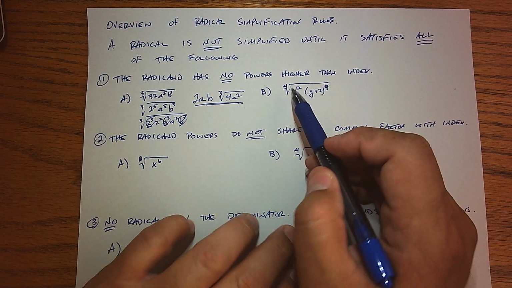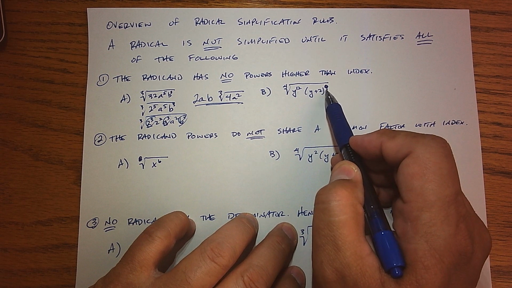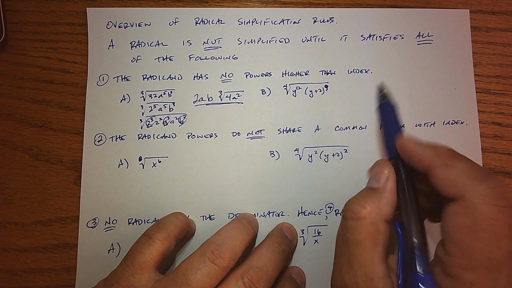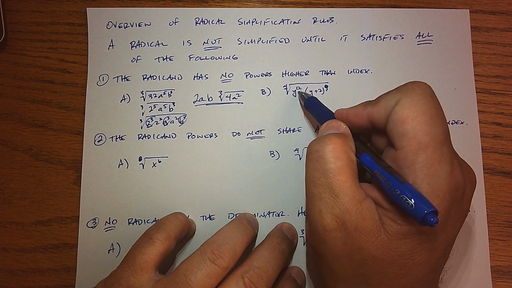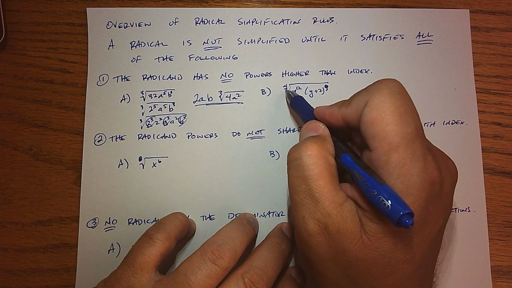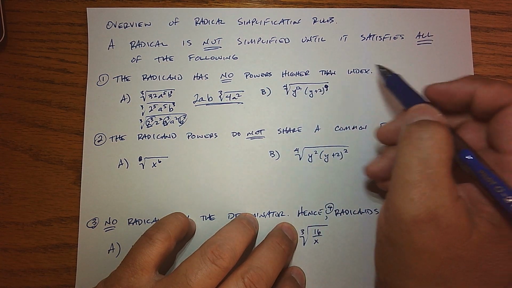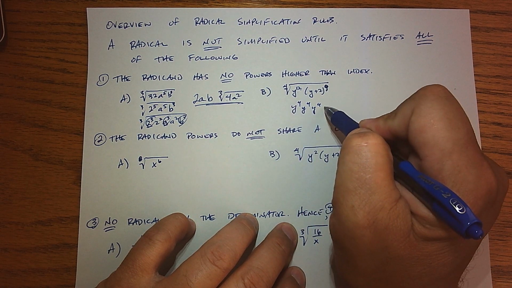In the next example, the index is 4, and I have a power of 12, and a power of 9. So I basically have two powers that are higher than the index. Again, if I'm using the shortcut, I'm thinking 4 goes into 12 3 times, so I'm going to have a y cubed, and 4 goes into 9 twice with a remainder of 1. So 2 of these will come out, 1 will stay in. But if you just want to break it up to match powers,